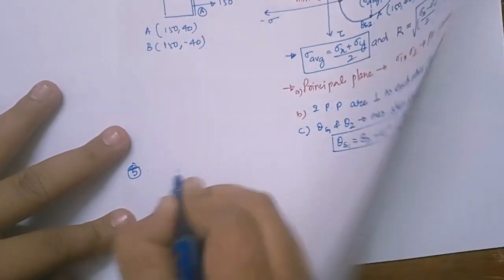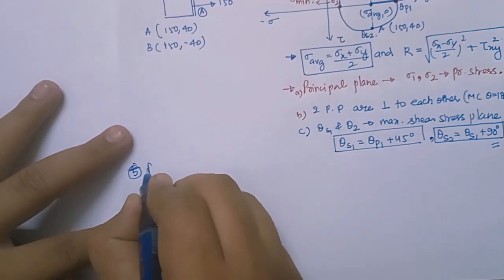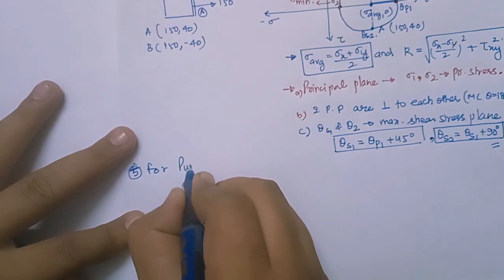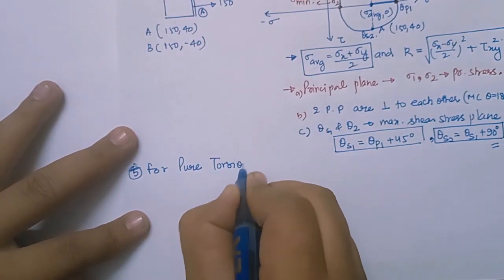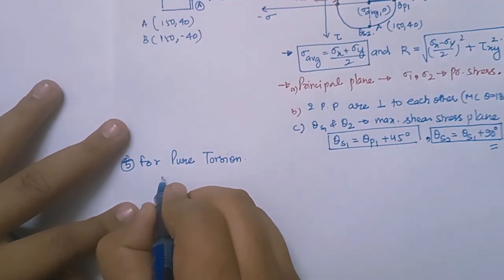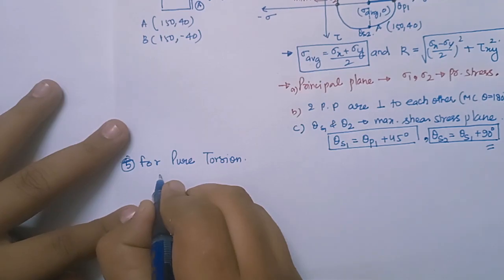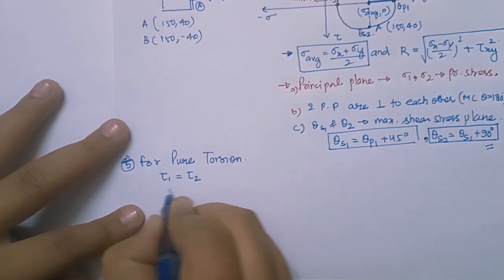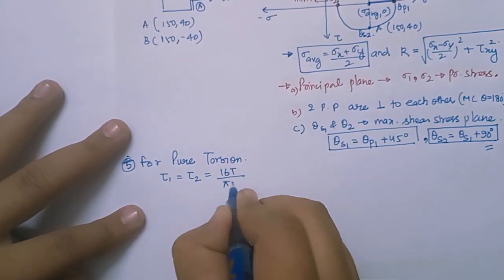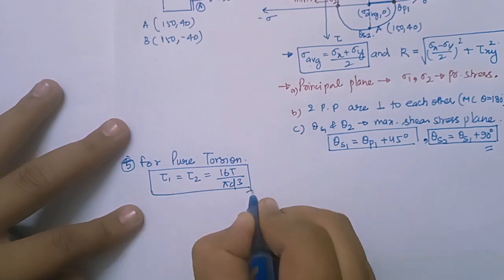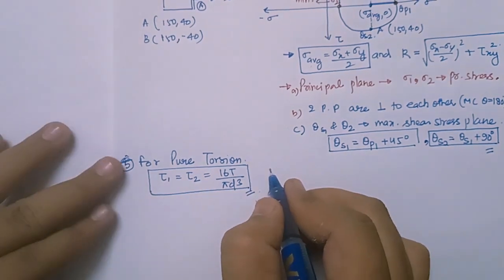Fifth point, for pure torsion, the principal shear stress will be 16T by pi d cube, right? It is very simple. This is the formula. And now